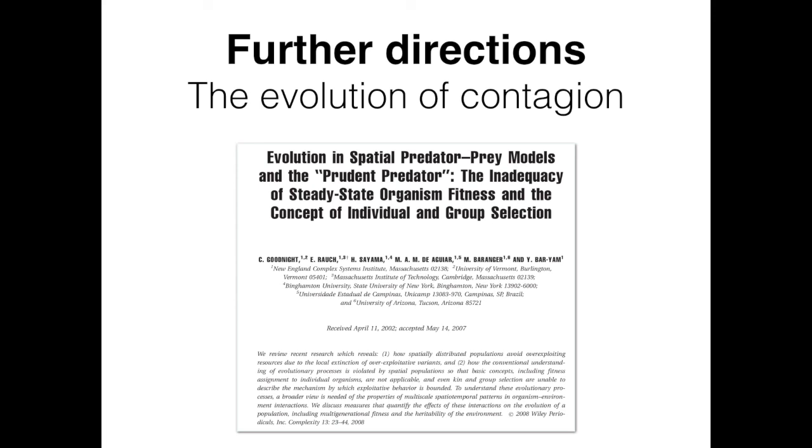There's this nice study by Charles Goodnight et al. where they allowed traits like transmissibility to mutate and evolve and showed that the consideration of population structure yields the prediction that strains that are overly transmissible will exhaust their local supply of hosts and perish, and the more evolutionarily stable strategy is a moderately transmissible strain.